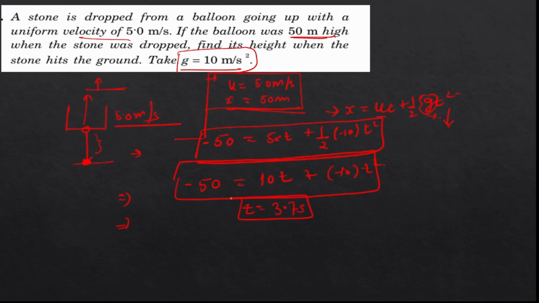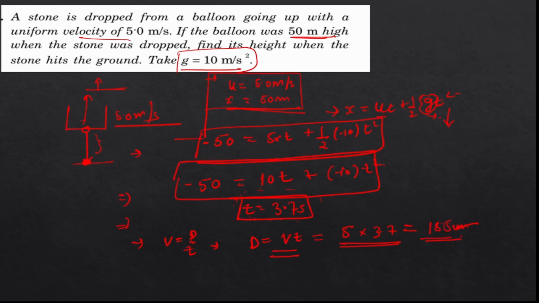You can try from your side, right? At this particular time the stone will hit the ground. Now how much distance would the balloon have moved in this particular time? As we know, velocity is equal to distance upon time. From here you can find the distance, which will be velocity into time. The velocity of this balloon, which we have been given, is 5, multiplied by the time, so you need to calculate this. This will be the distance that the balloon will move in this particular time. It would be 18.5 meter,